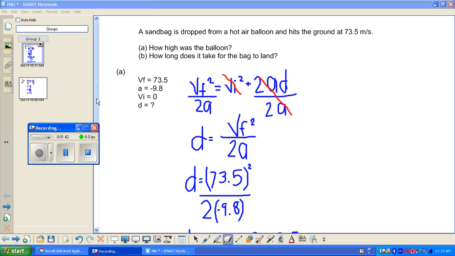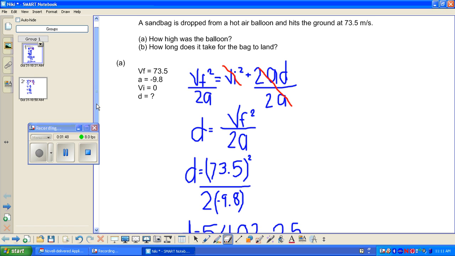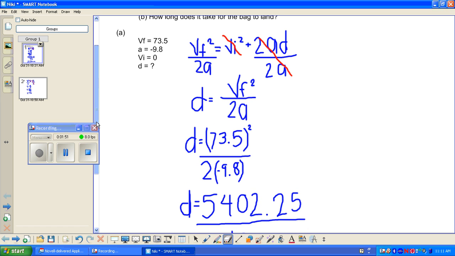And then we just plug the numbers in instead of using the letters, and the final velocity is 73.5 squared, divided by 2 times negative 9.8, and that's a big number,